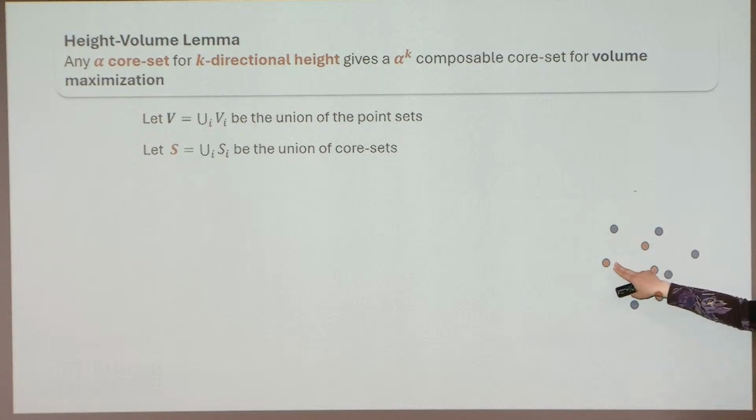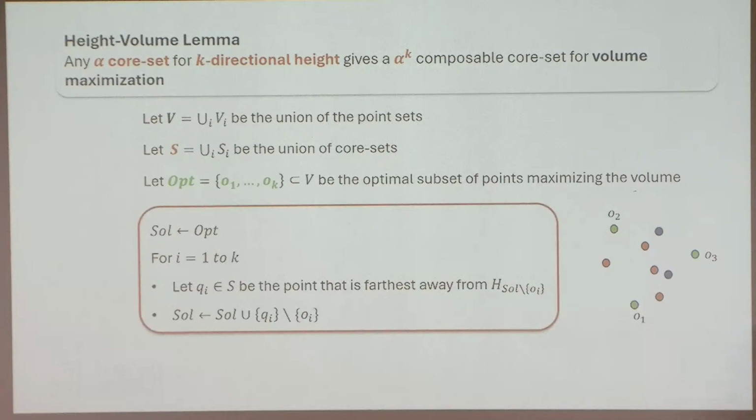These are the coresets that preserve the directional height of the corresponding point sets. And now let's look at the optimal solution of the volume maximization. So these are the k points that maximize the volume from the original point sets